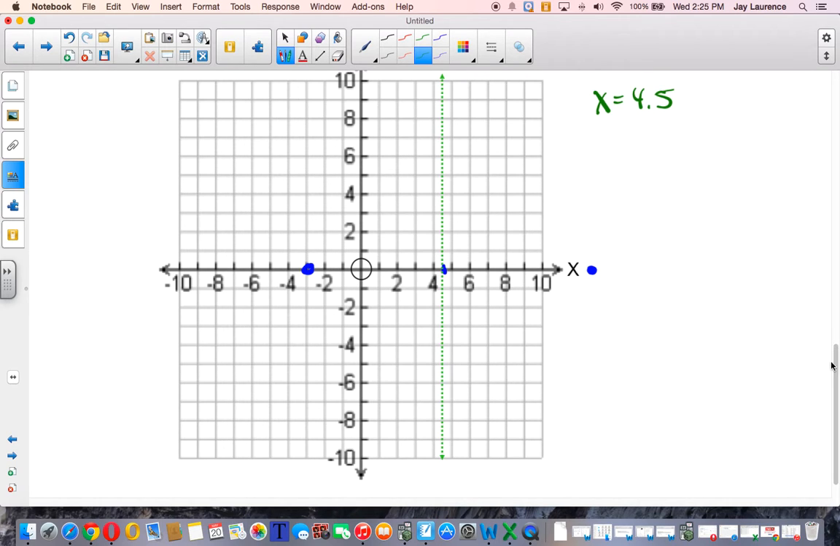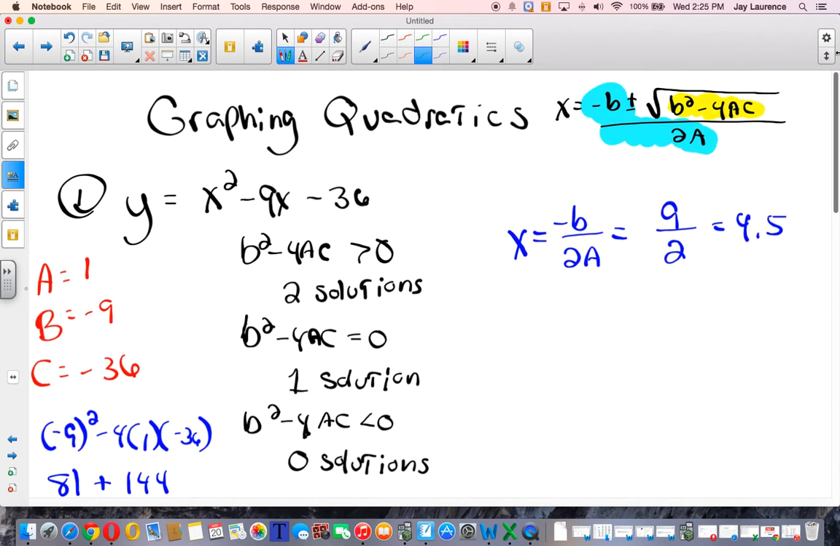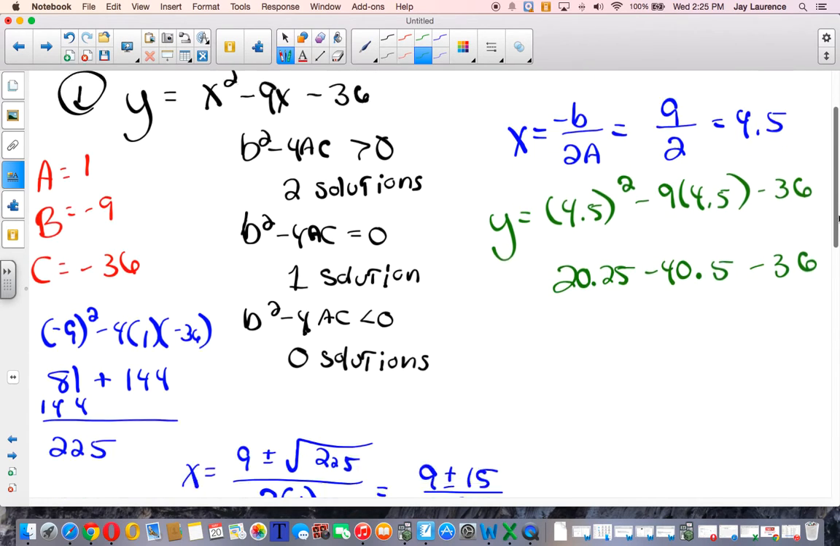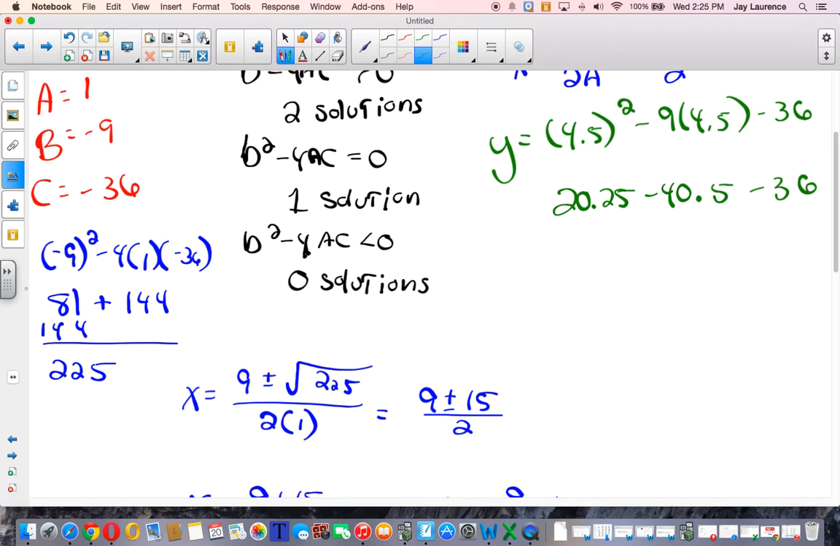Now, to find the y-coordinate of the vertex, I'm going to plug 4.5 in for x. So I'm going to go y equals 4.5 squared minus 9 times 4.5 minus 36. All right, 45, 20, 25, I believe. 36, 40.5? Excuse me. 36, half of that's 4.5. Yeah, 40.5 minus 36. All right, so combining like terms, I'm going to get 76.5